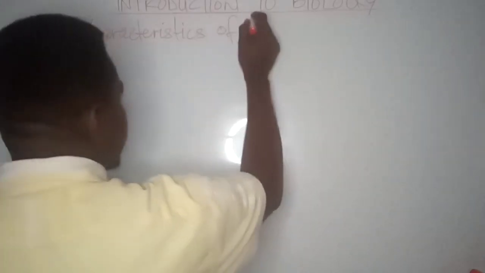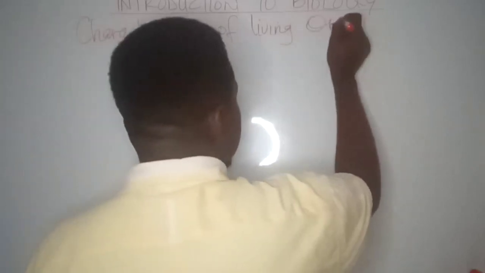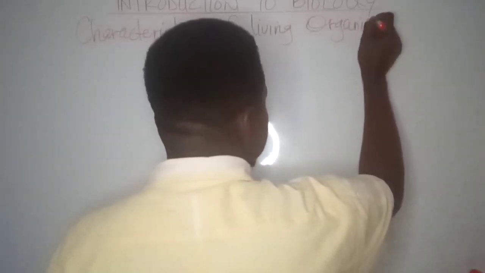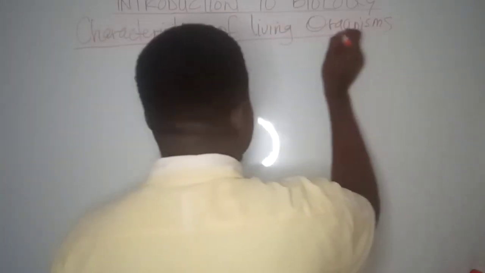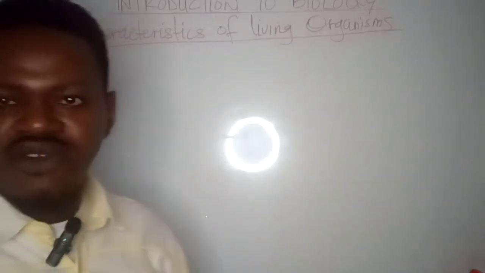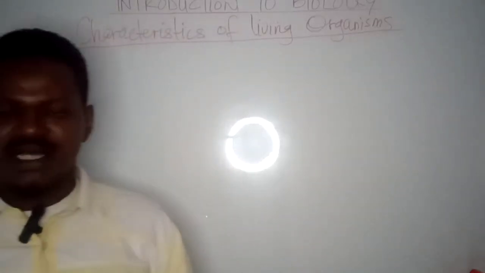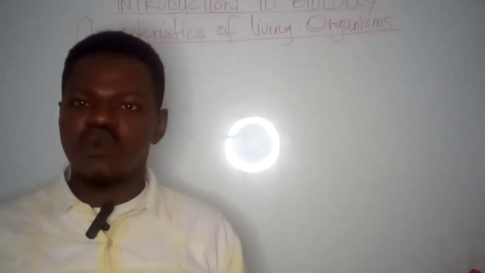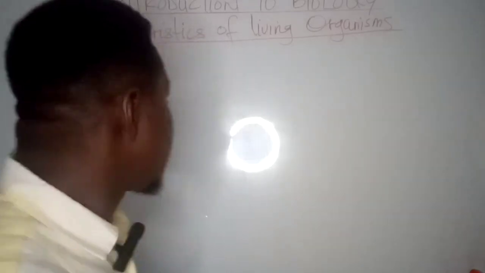Characteristics of living organisms. And so, what are the characteristics of living organisms? Simply put, these are the features that separate or distinguish living things from non-living things. So let's say